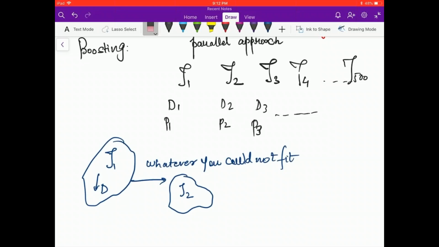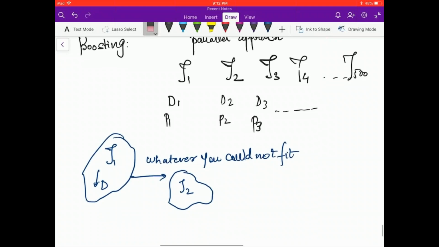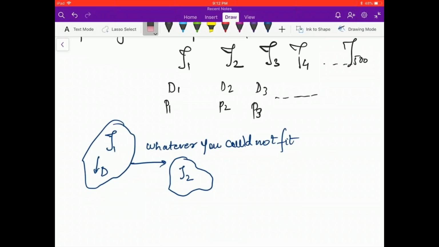T2 will get whatever T1 failed to fit. So let's say T1 was doing a classification problem on D, classifying yes or no. There were 100 data points. 95 of them were predicted correctly, 5 of them were wrong. I mean, the actual was yes or no, and I just predicted the reverse. I predicted no for yes and yes for no. So 5 of them were wrong. So T2 will say,